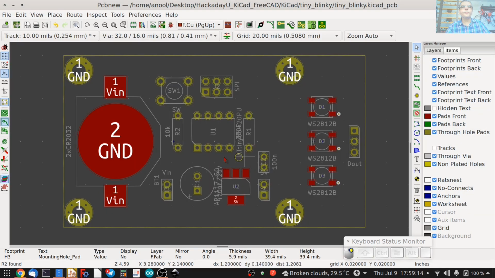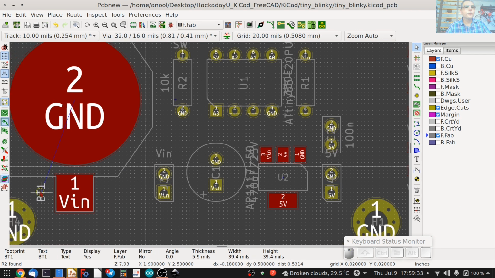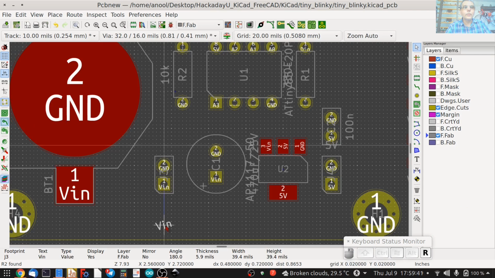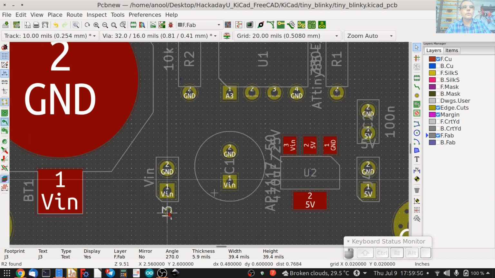And then I can move some of the text around and then move this like so. V in, move it like so here. At the center of V in is J3, so I can move it to a location like so. That's C1.